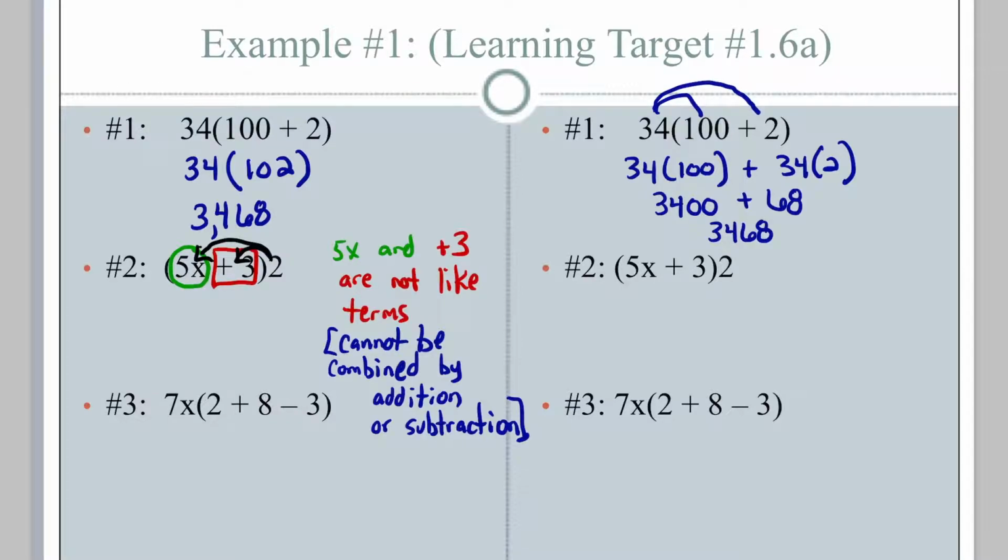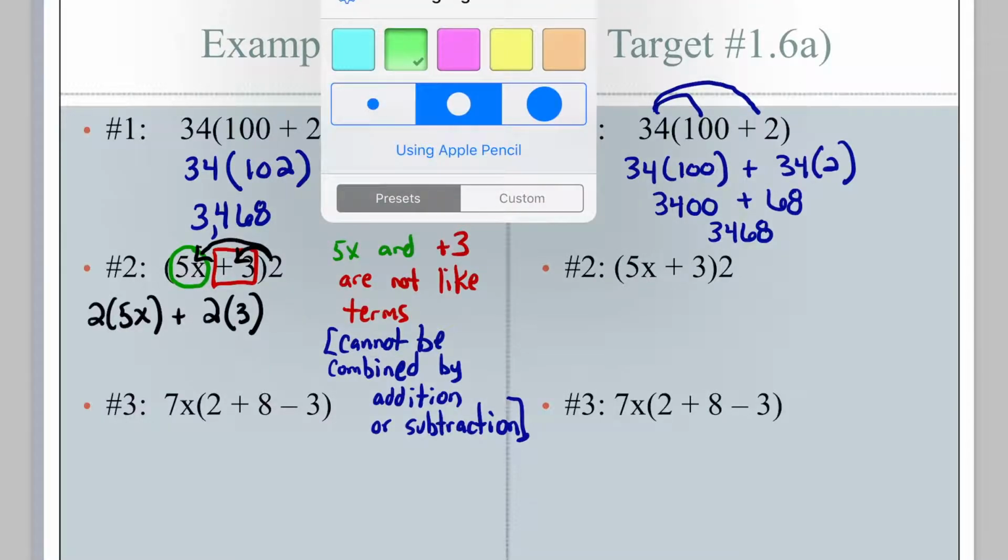So we're going to multiply the 2 times the 5x, and then add that to the 2 multiplied by the 3. Again, it does not matter which direction we're distributing, whether from before the parentheses or after, we're still implying multiplication. Now, when we multiply the number 2